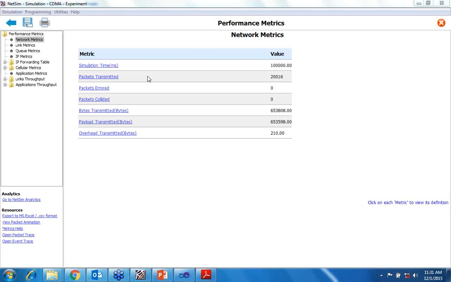Okay, so now after the simulation you will get the performance metrics. I've told you in the presentation we get the performance matrix, which has network matrix, link matrix, queue matrix, IP matrix, then cellular matrix, and application throughput is given here.